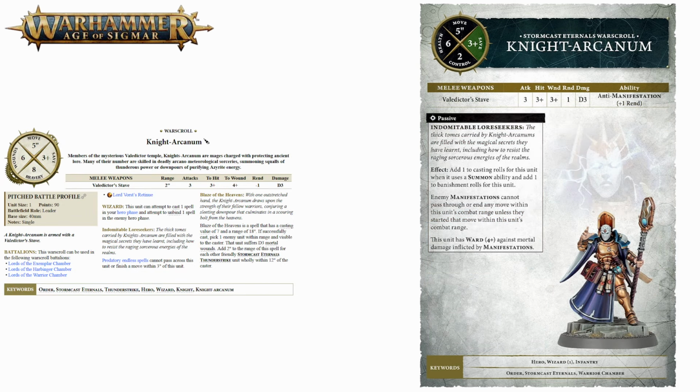On the more mundane side of things, we also get to see the Knight-Arcanum. This guy's had a few interesting changes, chiefly because things like endless spells and other manifestations are now actual units with a warscroll and stats. So he gets +1 rend when he's fighting into them, and he also gets some buffs to help negate their impact. So he has a 4-up ward against their damage,